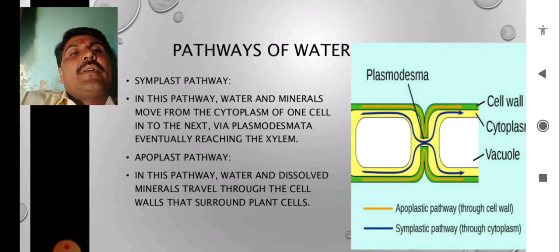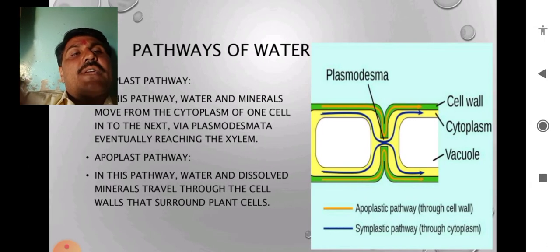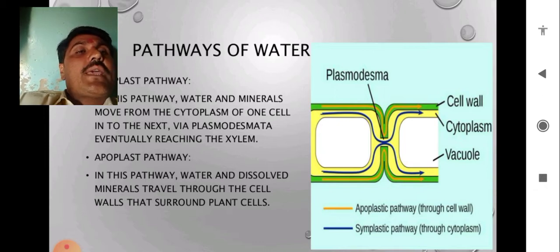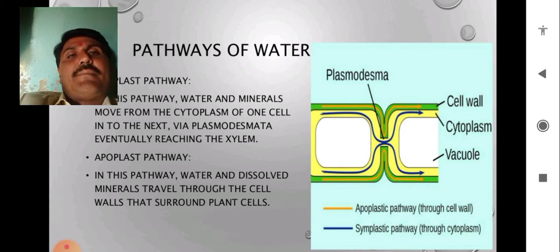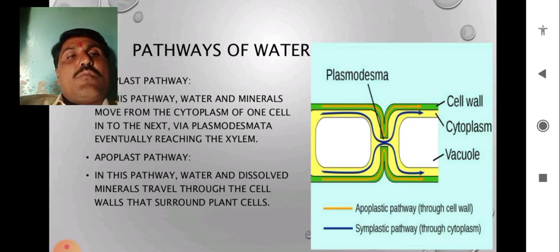What we see in the symplast pathway is that water and minerals move from the cytoplasm of one cell to the next cell via plasmodesmata, eventually reaching the xylem. What is a symplastic pathway? It takes place in the cytoplasmic space in the cell, and here the molecules move through the plasmodesmata. Plasmodesmata are the connecting structures of the cell which are attached to the adjacent cell, and via plasmodesmata the water eventually reaches the